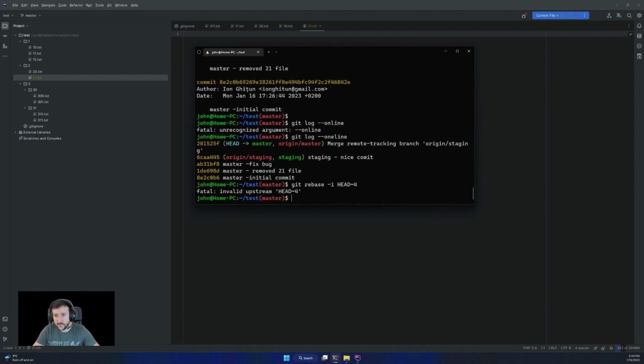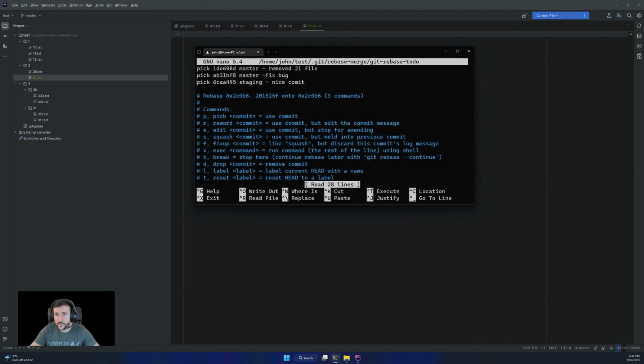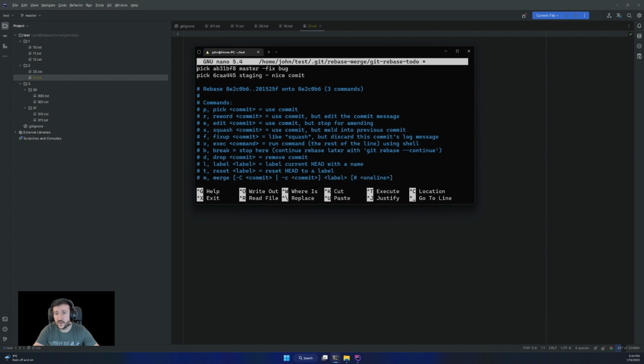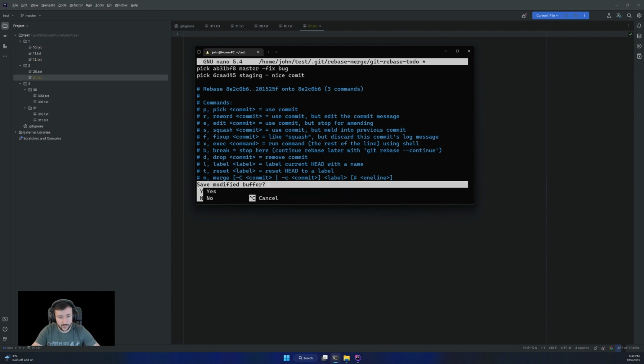There are no four commits in master. We have only 3, so we can go as many commits as exist. So we have this commit with removing the 21 file, as I said, I want to get rid of it completely. Right, I delete that line, and then save it.